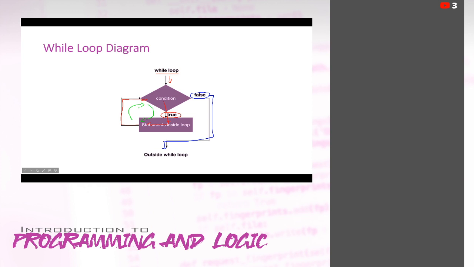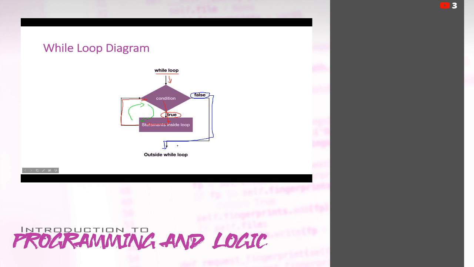But it's an error that we don't want to see, so we can fight against that infinite loop by being aware of it. So we always want to make sure that we're working with our unit, whatever our variable is, whatever we're changing, to bring it closer to the condition, to break that condition, to make that condition false so we can break outside of our loop.